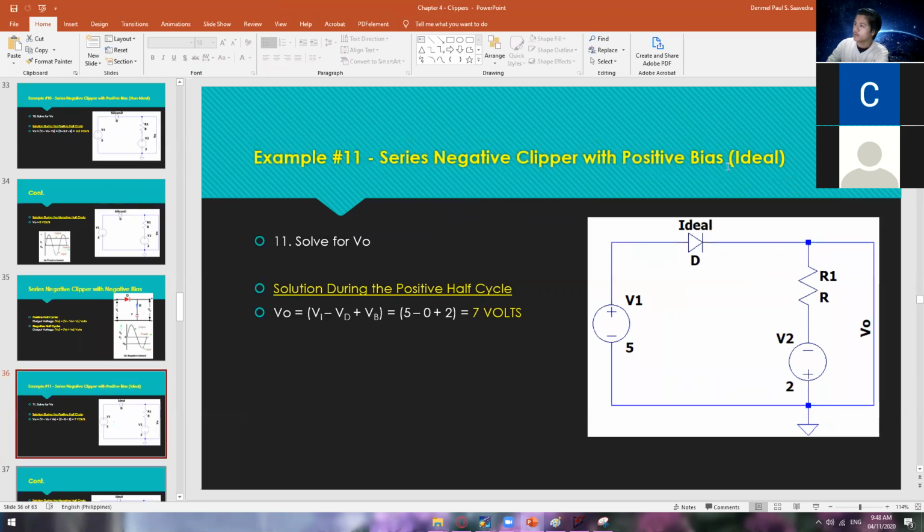Series negative clipper with positive bias, and our diode is ideal. So positive is connected to the positive, negative is connected to the negative. And the negative is connected to the negative, positive to positive. So as you can see, our V sub I and our bias voltage are both in forward bias. As a result, this ideal diode will be a completely closed switch. So as a result, now you have to deal with